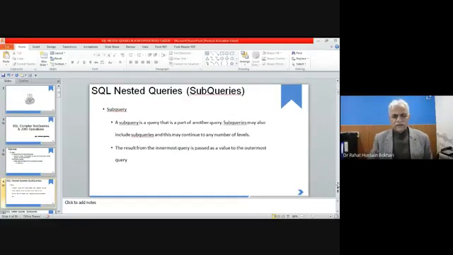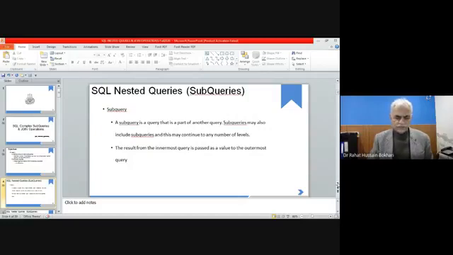After this lecture, you would be able to use nested queries and different operators that we will discuss in this session. I have already told you that a subquery is a query that is part of another query. So subqueries may also include subqueries.